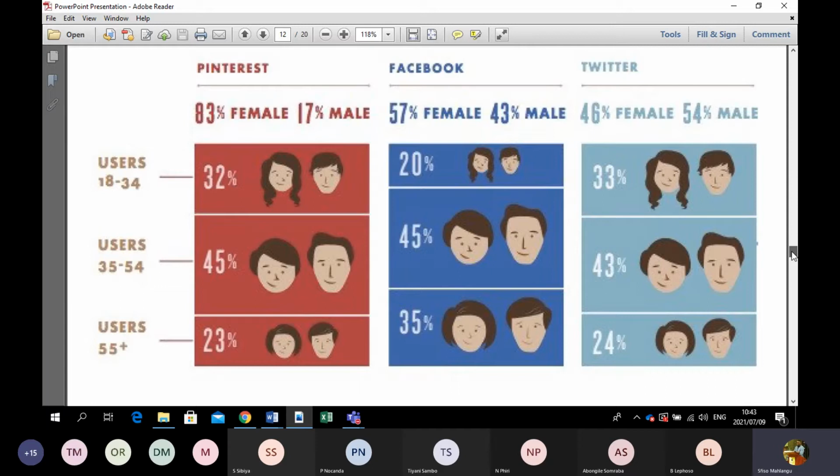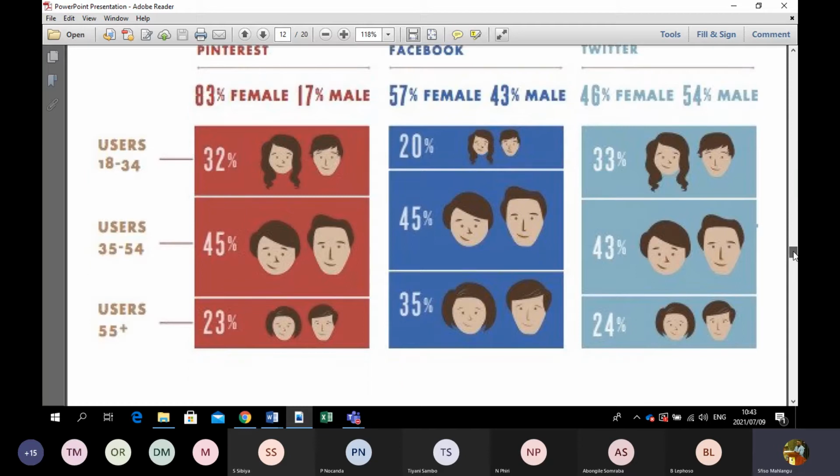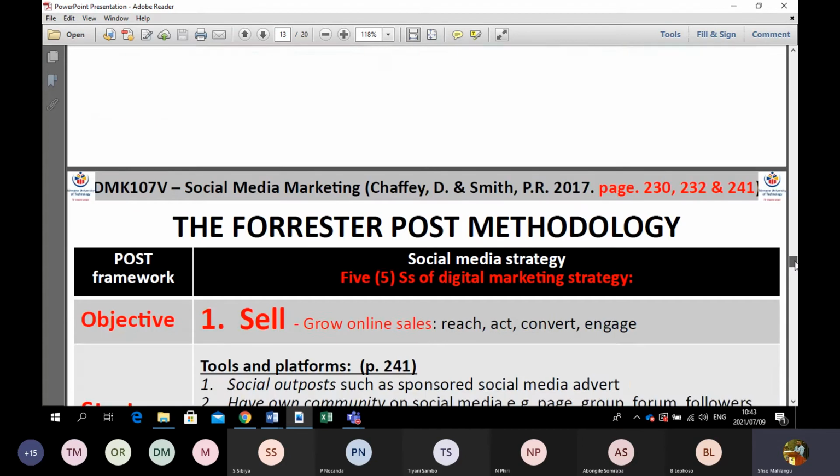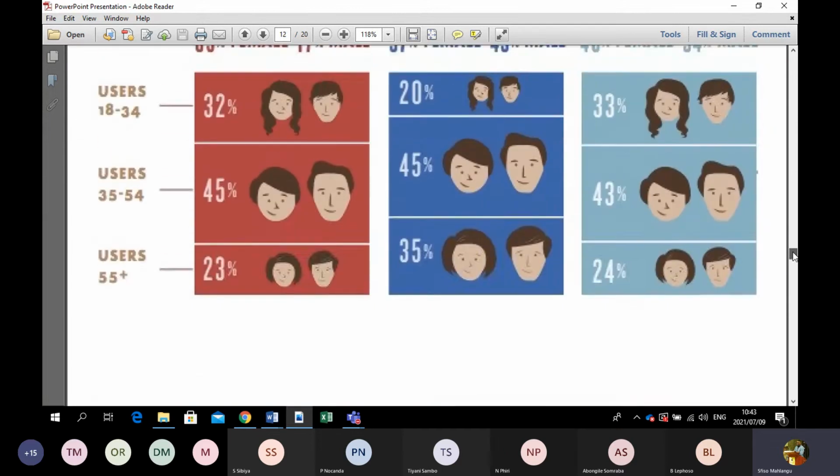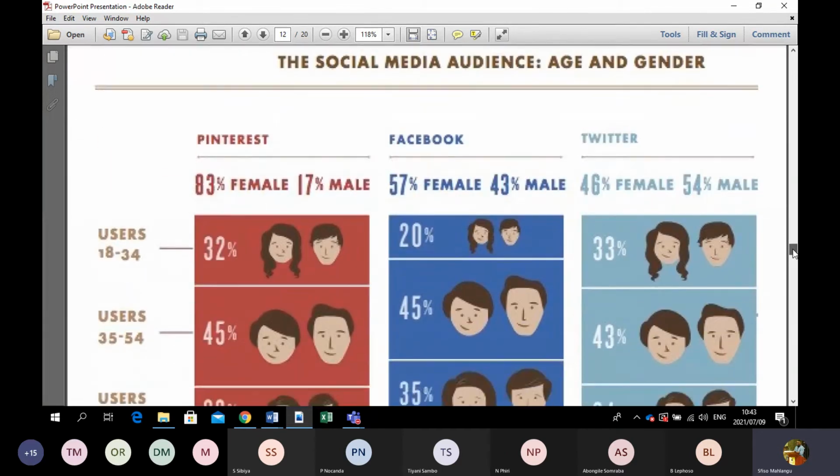So think about your audience. This is helpful in developing a social media strategy. For example, if this is a First for Women campaign, which is mostly targeted at women, you need to think about the specific audience you are targeting. But it's not only age groups. Remember the